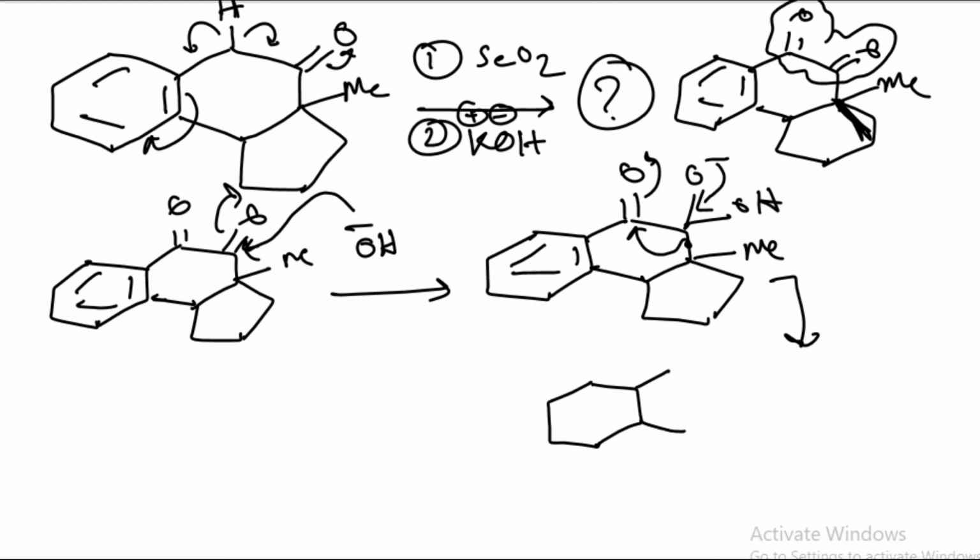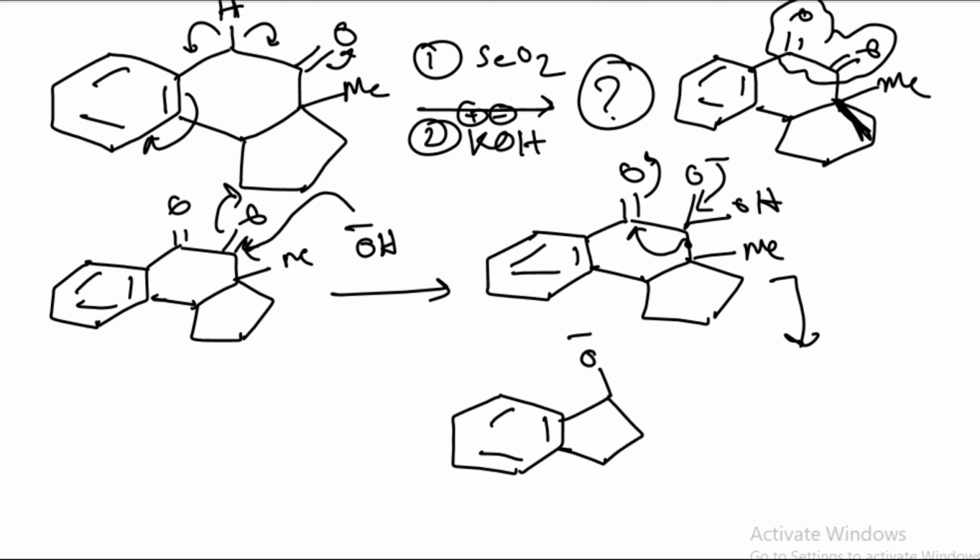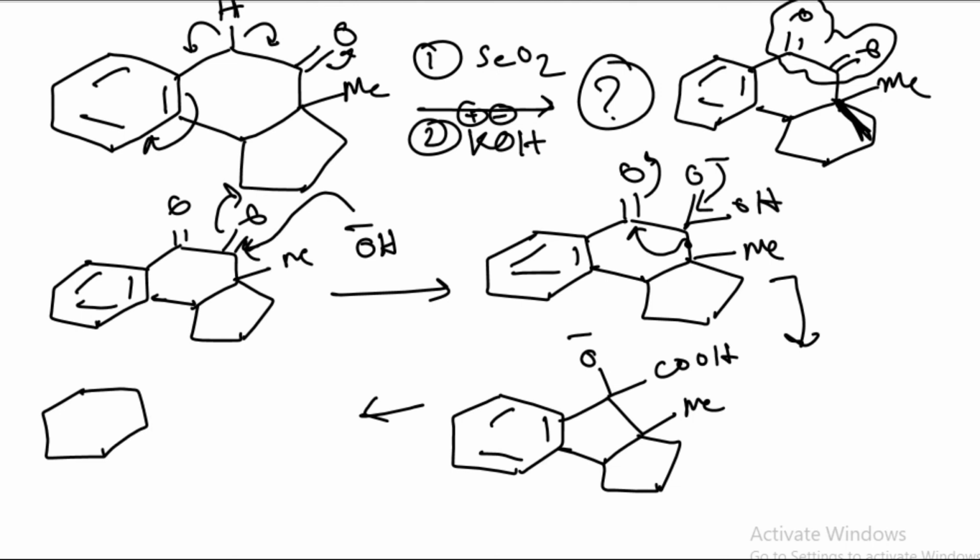Okay, so if this is breaking, so this is attacking here, so this will become, this is the benzene ring, this is the 5-membered ring, so there is O minus, and there is a carbon with an acid group. Here will be another 5-membered ring with methyl. Then the protonation will occur, and you will get the protonated form. So I am writing here the protonated, say OH.